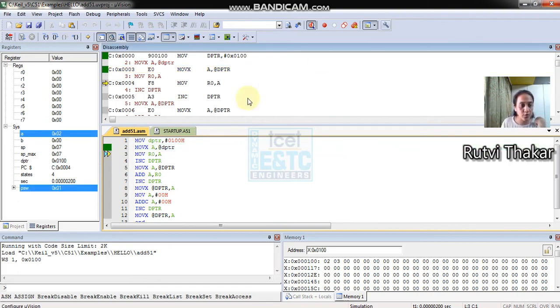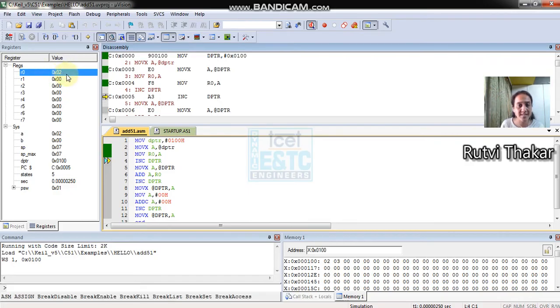Here the very first thing you can see is DPTR has changed to 0100. Moving the data from DPTR, the arrow is shown here. The program counter shows the next value. So the value at DPTR, which is 02, has moved to the accumulator. Now I have to move this to R0. When I press F11, that is the next step, it will move to R0. The values of the registers which are changed will always be highlighted. Next is incrementing the DPTR. Just observe the value: 0100 changes to 0101.